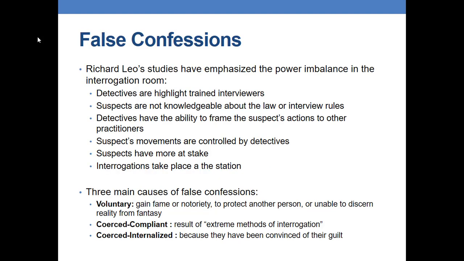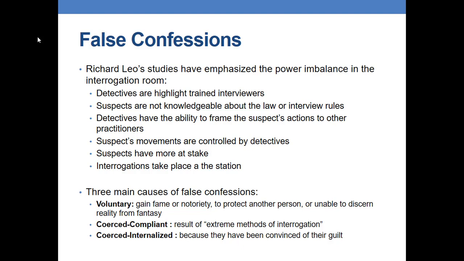It's important to know that there's a significant power imbalance in the interrogation room that puts suspects at a major disadvantage and can cause some suspects to falsely confess. This imbalance is caused by multiple factors. First, detectives are highly trained interviewers and experts in the law. Second, suspects are generally not knowledgeable about the law or interview rules and are unaware that police can legally use